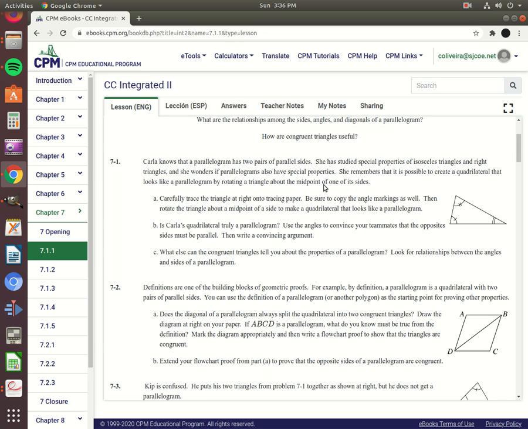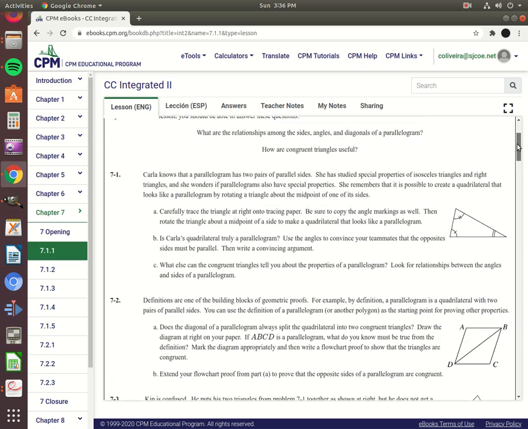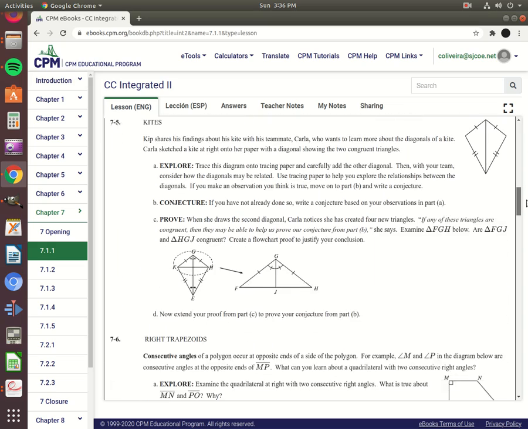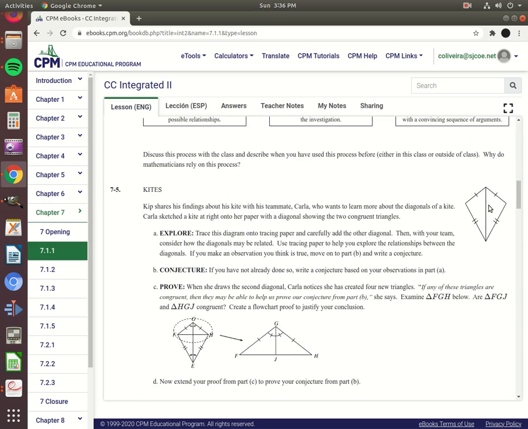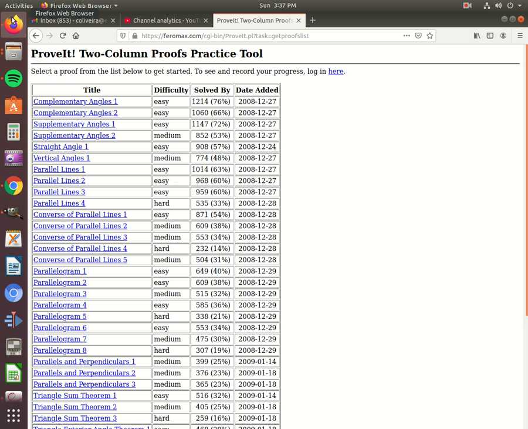Day 3 has us pick up where we left off in section 7.1.1, and really what it's asking us to do is make a lot of conjectures about kites, and there's a lot of different conjectures that we can make here. So again, I sort of skip this, I mean, I don't skip it, I just take a part of it and we do that part and I ignore the rest of it. But I did want to start with a proof, so we will go back over to that Ferromax website that I like,